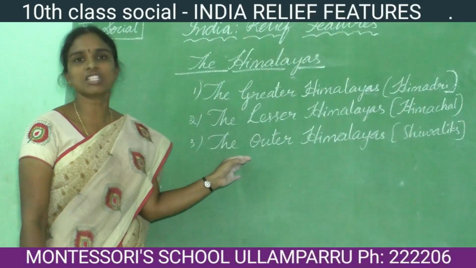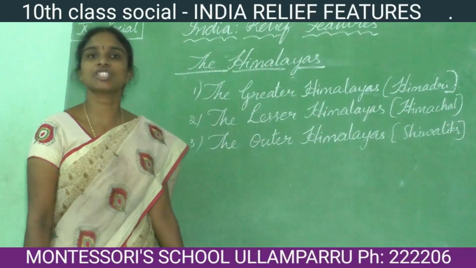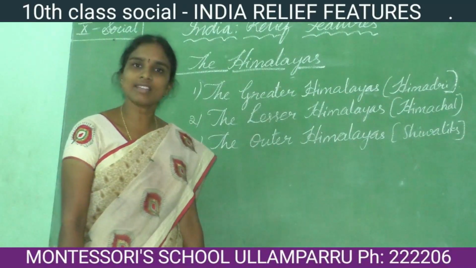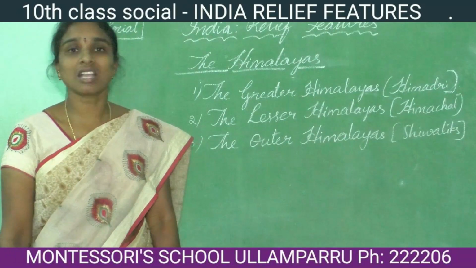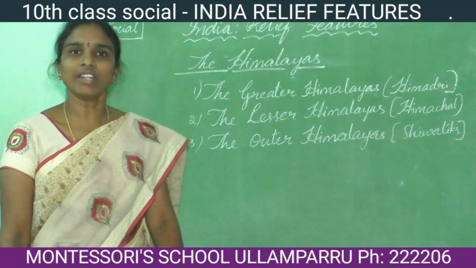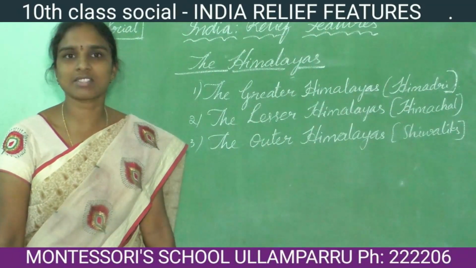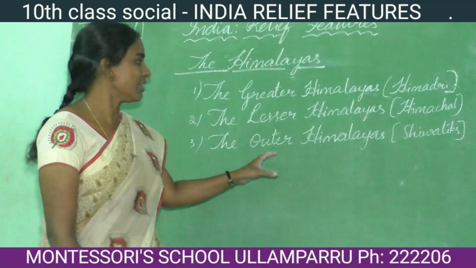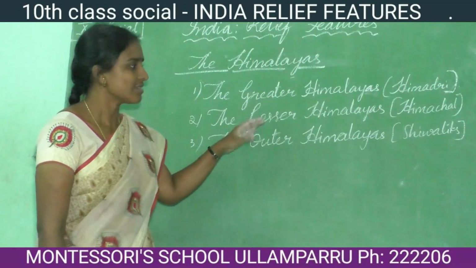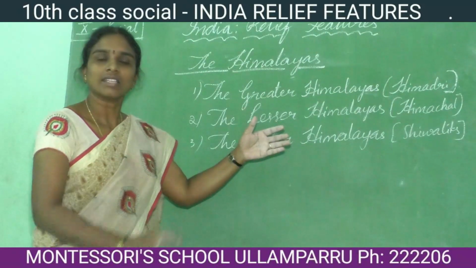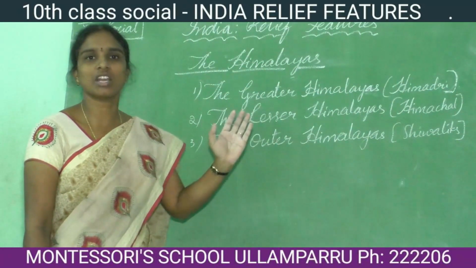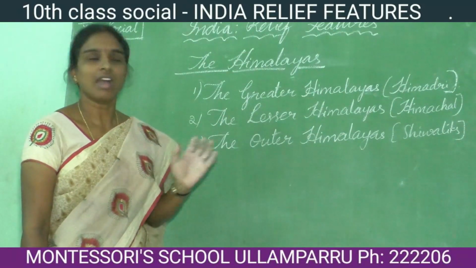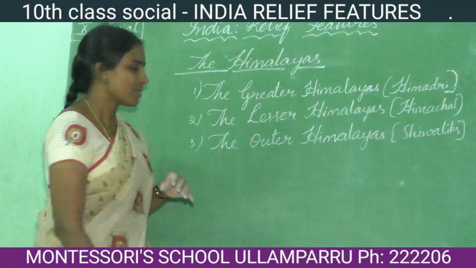In Jammu and Kashmir, they are called Jammu Hills. They are called Mishmi Hills. Next, they are called Kachor Hills. In different areas, they are called with different names. After the Shivaliks, coming to the eastern portion, the eastern portion of the Himalayas is called